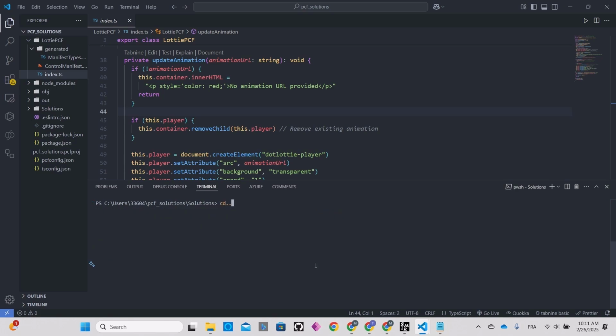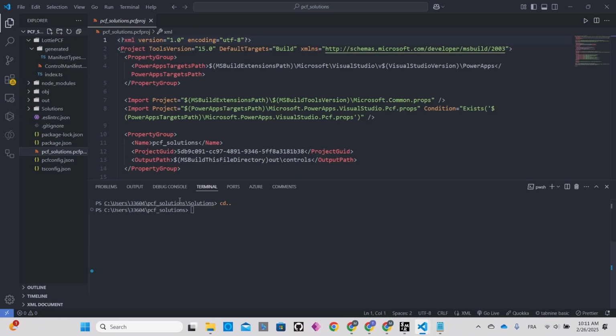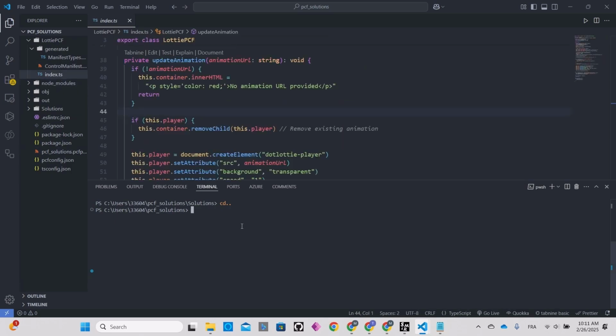I need to go one step back to the folder where the project, or the file of extension .pcfproj, is. Once we are in this folder where the file of extension .pcfproj is, we are going to run the command that will push the solution to the environment on Dataverse. The command is pac pcf push